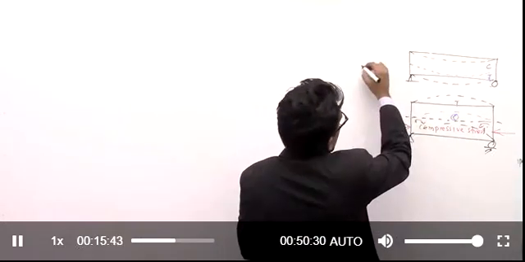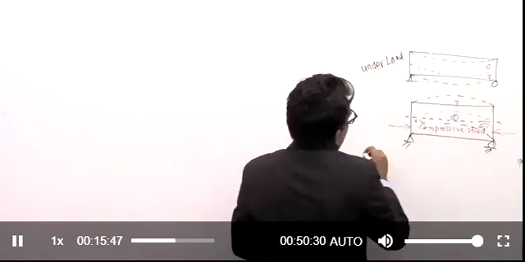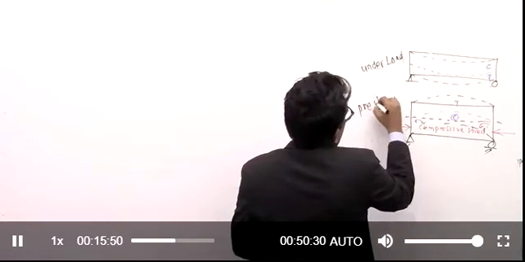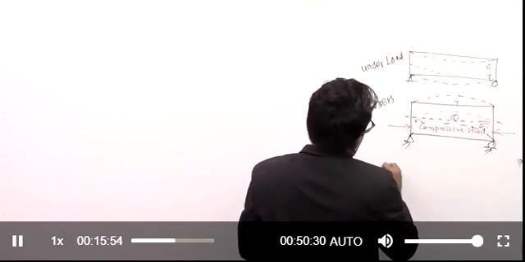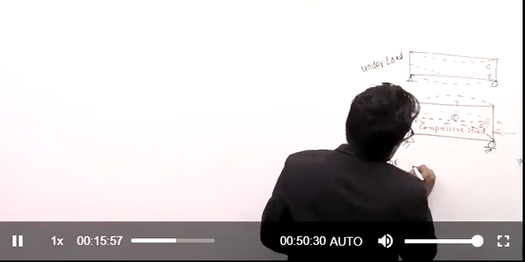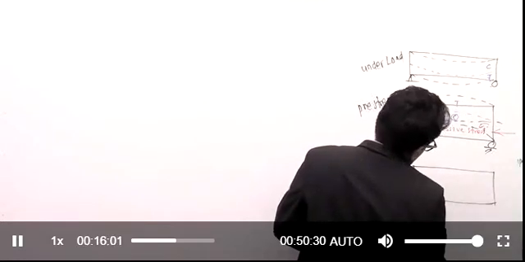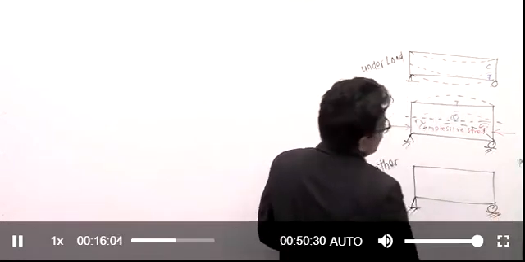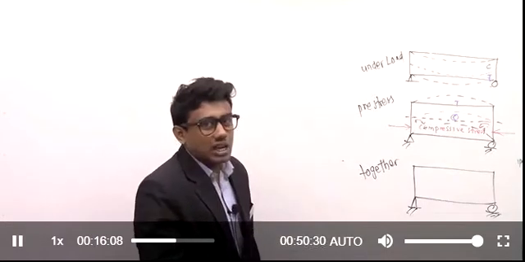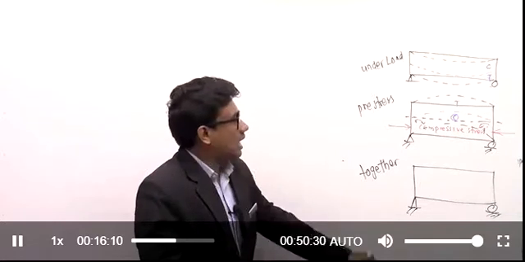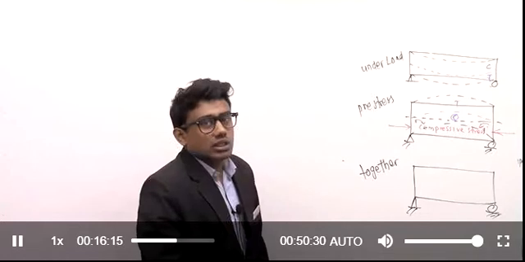This is our beam under load. The beam is going to behave like this. This is due to pre-stress, and together they are going to act like this, where all the tensile stresses are balanced by our compressive stresses already introduced inside the concrete. Got it? Already introduced in the concrete.